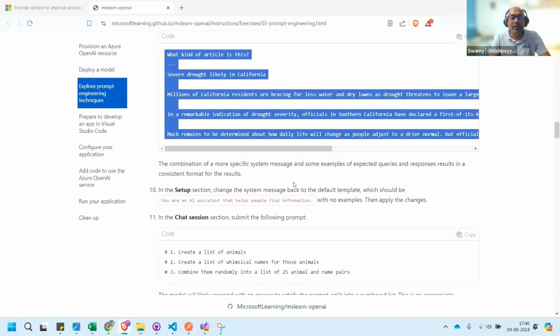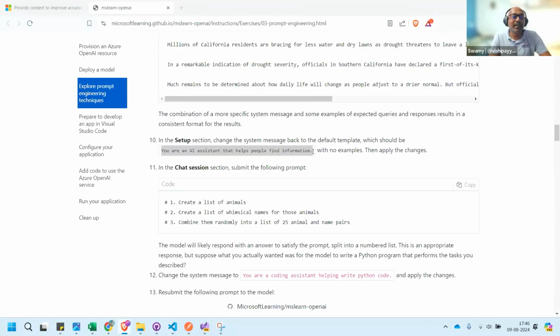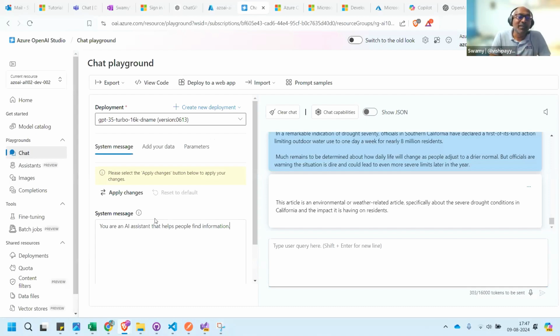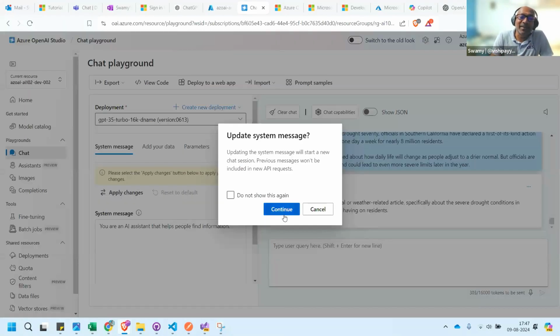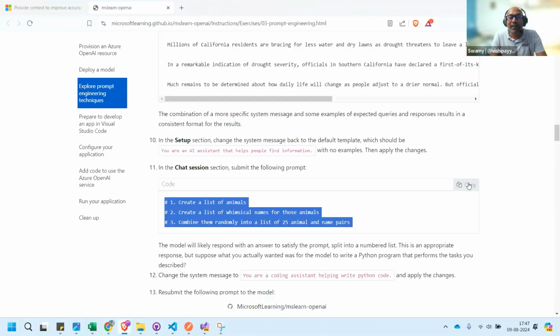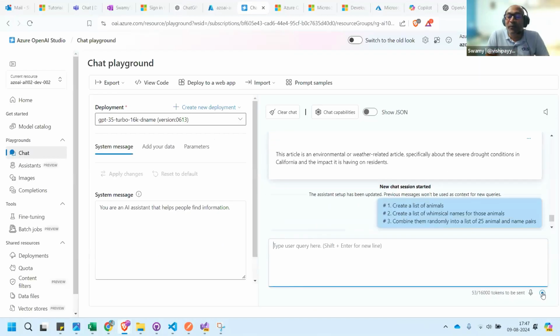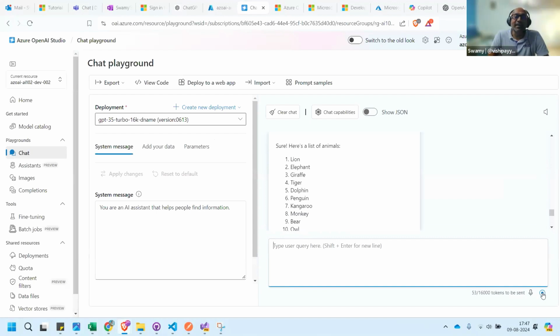Good, it's done. So again, we are coming back and resetting, saying that now you're this. Now it's like a multi-purpose agile developer. He will do his own coding, and he has to do unit testing, and he has to do DevOps like that. Now we are saying that, hey, now you're a flight assistant, now you're a doctor, like that. Give a separate role and start asking. It is giving us the output. Now here is where we will get to prompt engineering. Now see this, it's giving us this one.